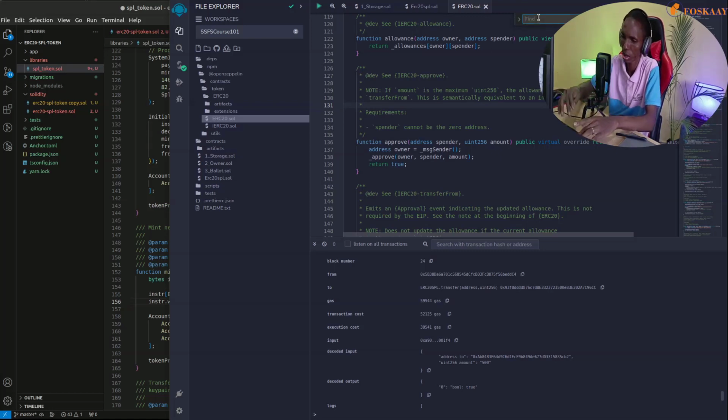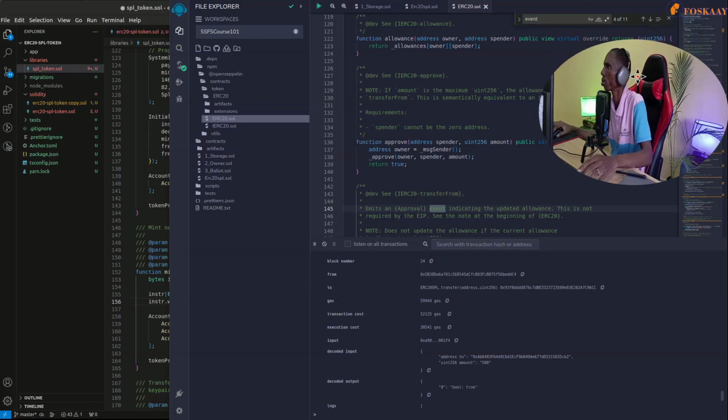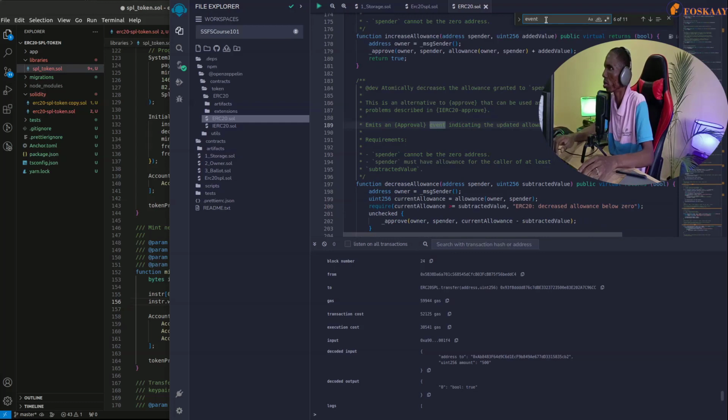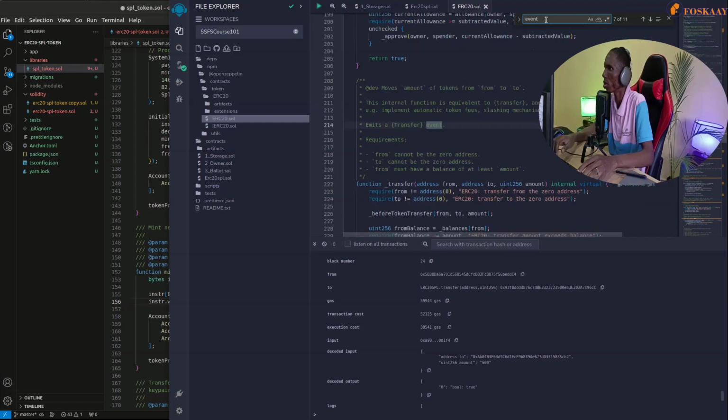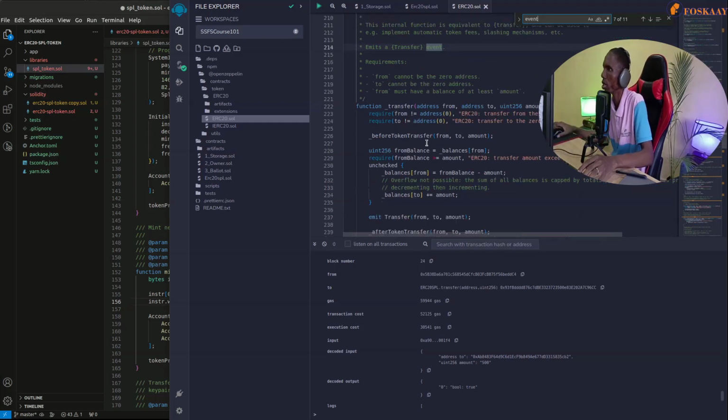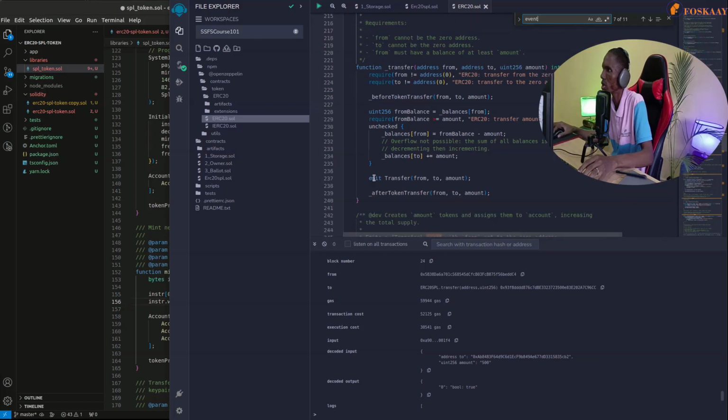Okay, let's see. You can see events. You can see this is being emitted. Emit transfer. You can see it now. So if we look for events,